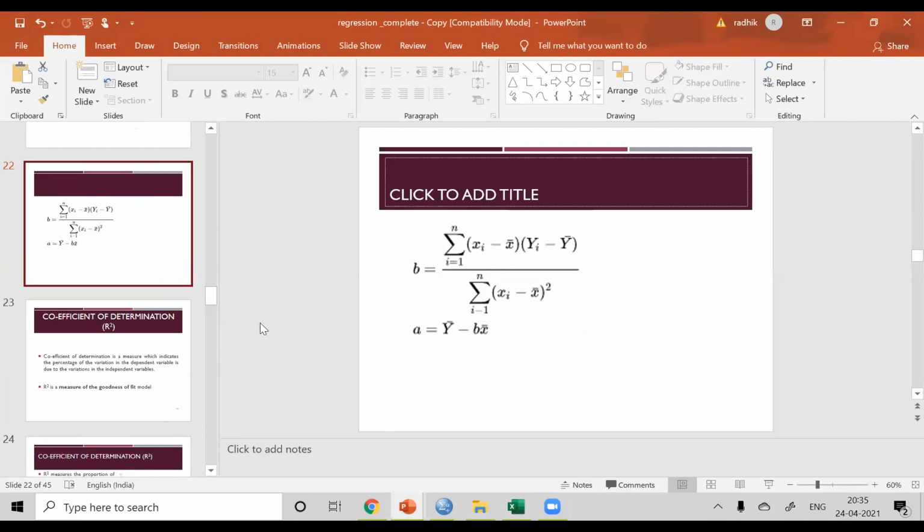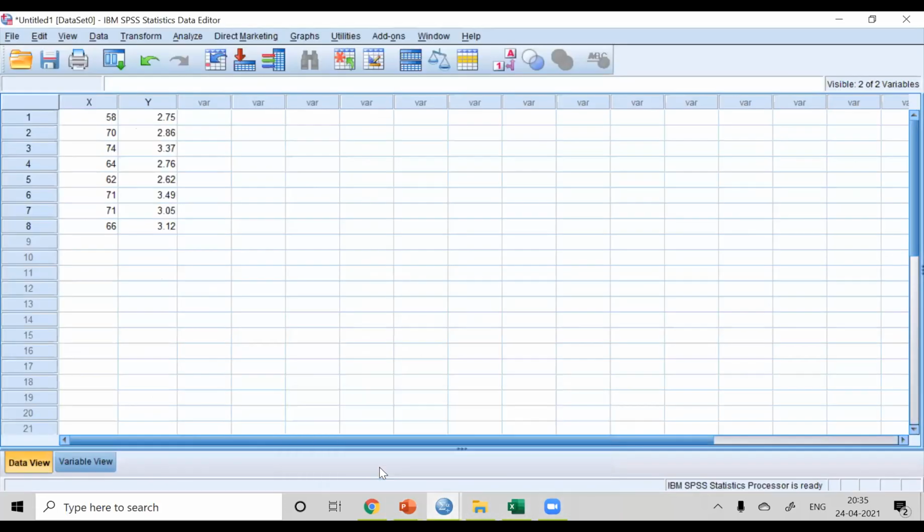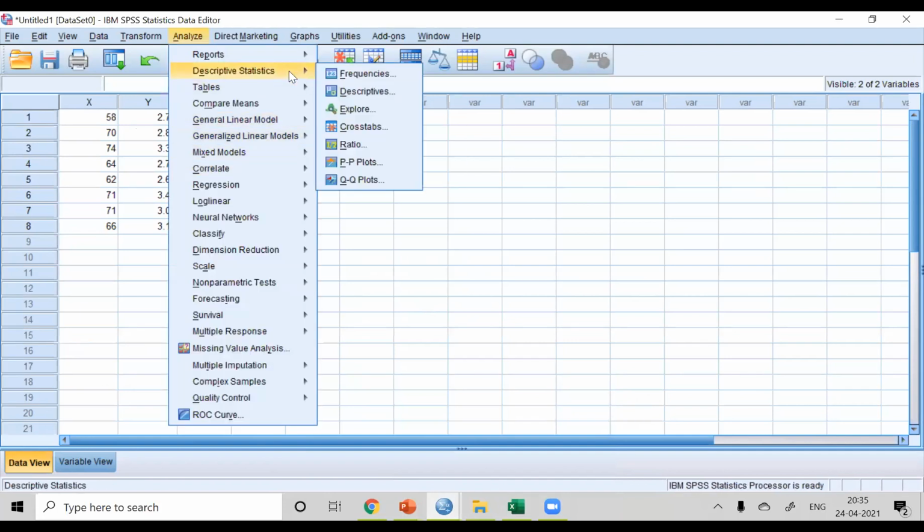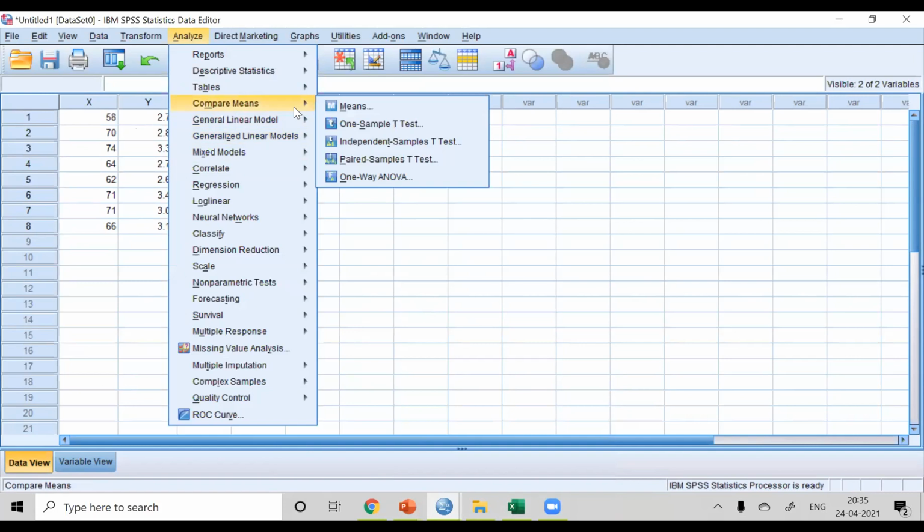Now in SPSS also I'll show you before stopping. I'll just take you into SPSS. The assumption part I'll tell you later. I'll just show you how to get the values first. Then we'll talk about the assumptions when I take a better example, because this is small data.